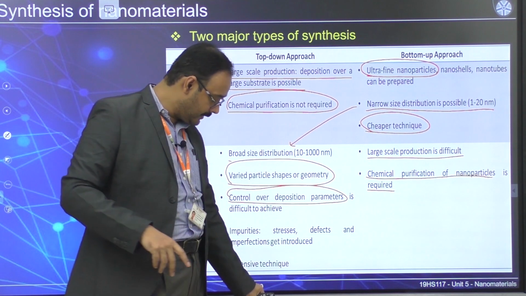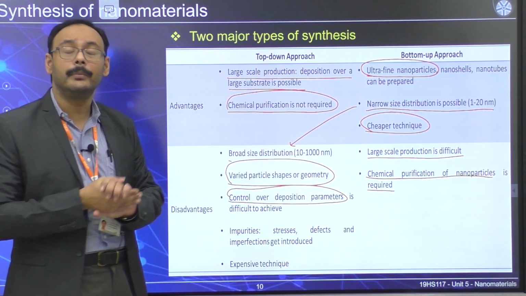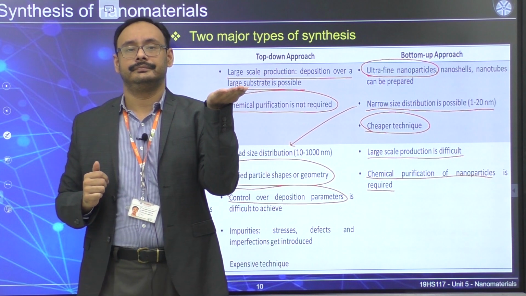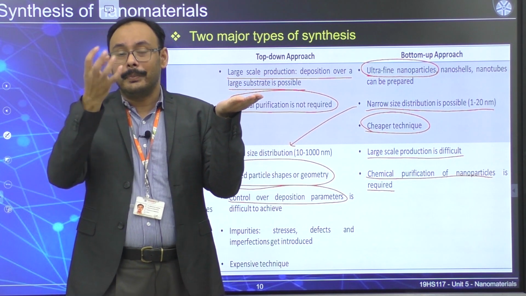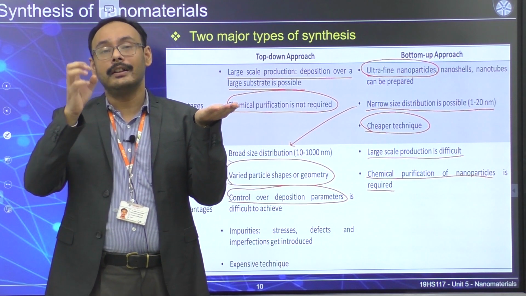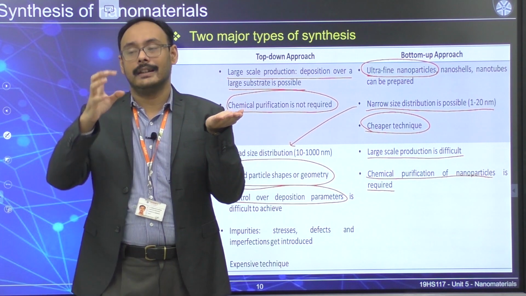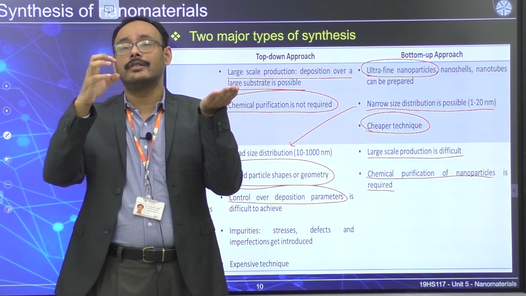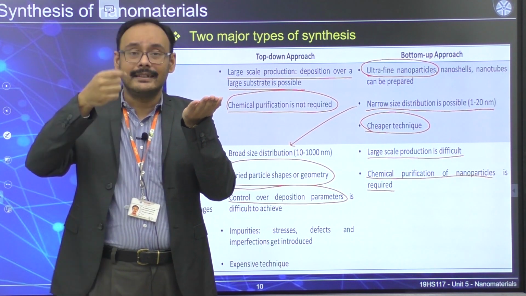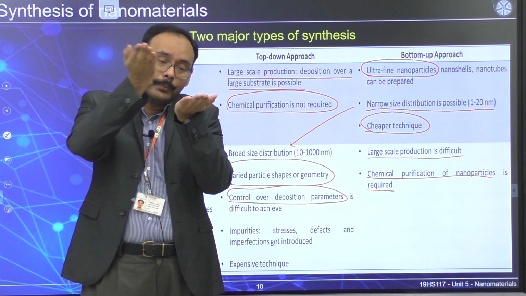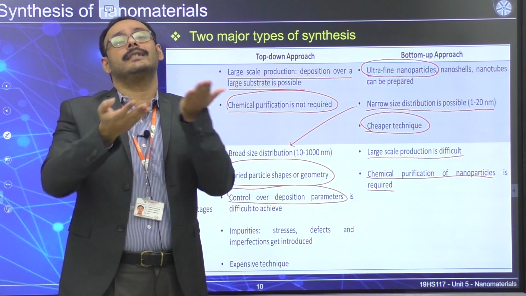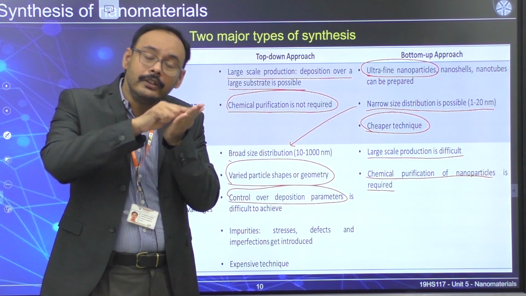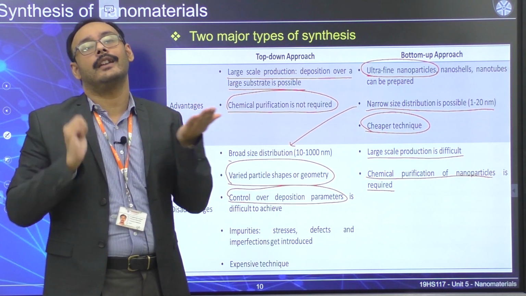Now when we talk about deposition, because we haven't talked about this in detail, I will give you one simple example. You have a substrate. You have the bulk material which you want to make at the nanoscale. So this is your bulk material. Now there are processes by which you can vaporize it, or you can cut it using a laser or something, by which you can take that and put it on this substrate. When they get deposited on the substrate, that actually gives you a nanomaterial. The particles that are deposited on the substrate are going to be at the nanoscale.